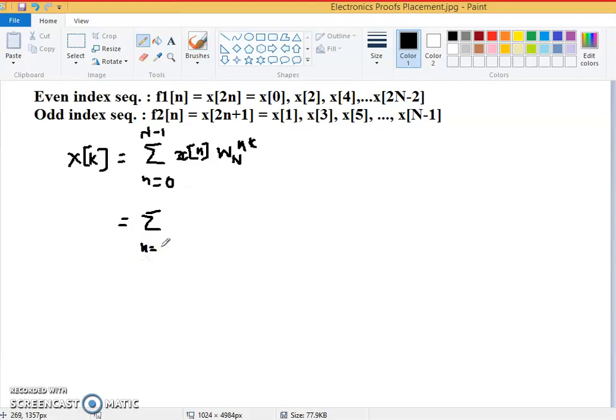One part containing the even terms, n equal to even, and what will that be? x[n] W_N^{nk}, and its last term will be N minus 2,